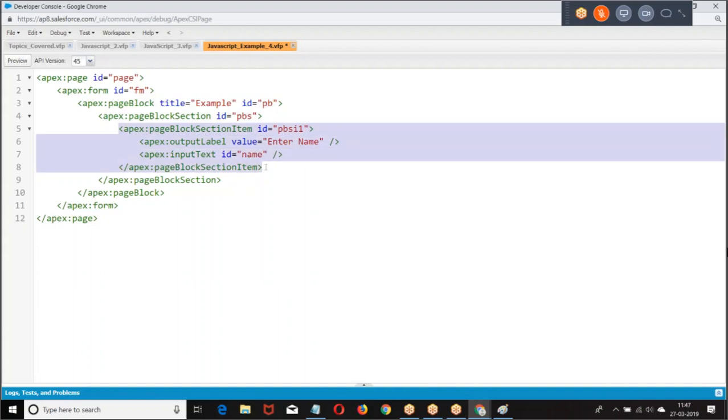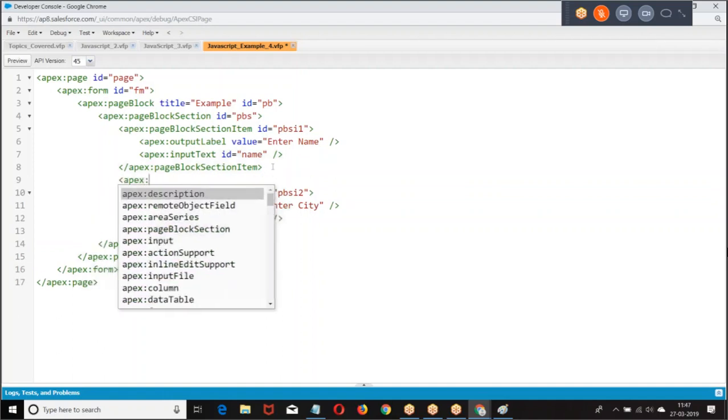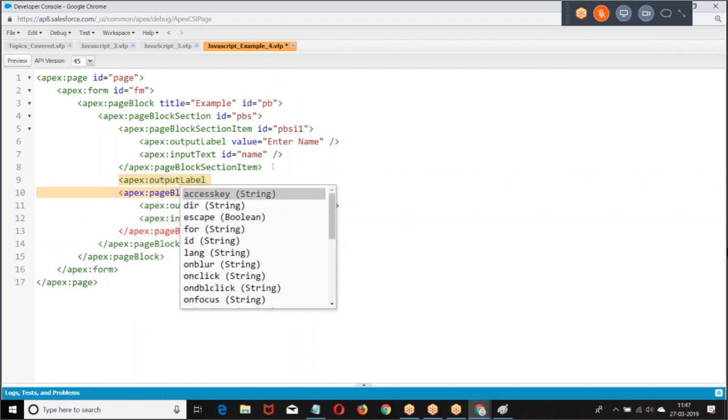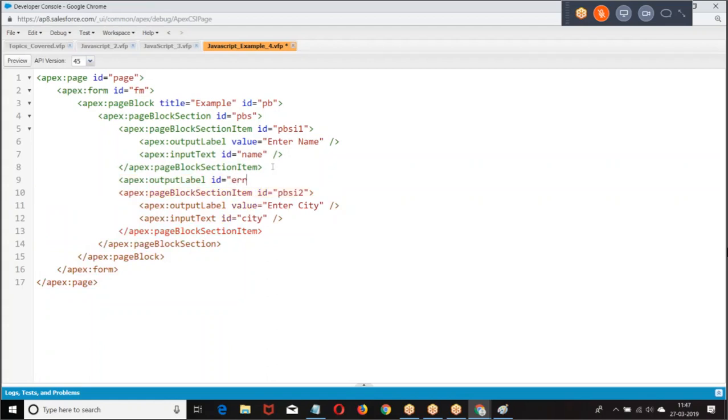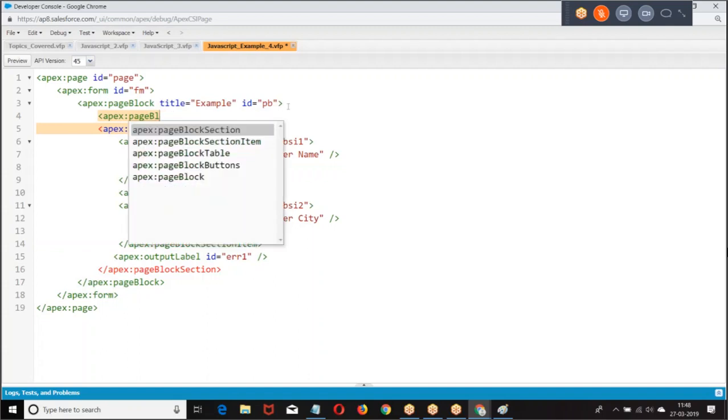Then I give, then I was giving here Apex. First I'll show the output screen, then we'll discuss the scripting.